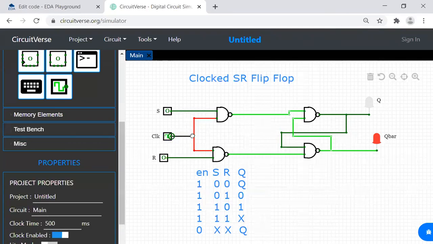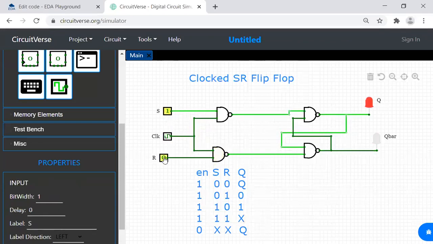As of now, our clock will be connected. Based on the clock edges, our output will keep on varying. So I will give 1 and 0. Whenever there is a change in the clock cycle, this output will change. If I give 0, 1, as soon as the clock changes, it is changing. Now this change will be more prominent during toggle conditions.